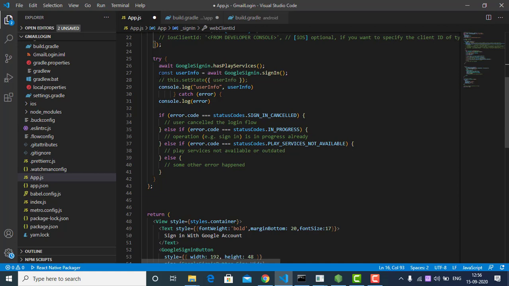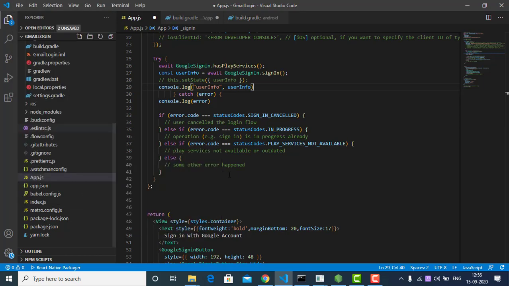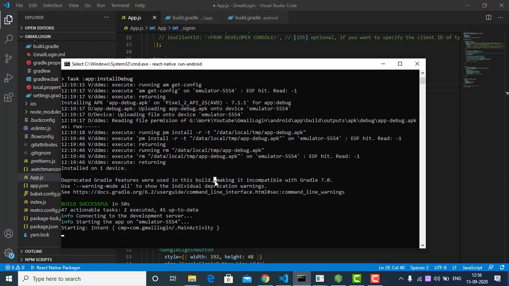If it's successful, we're gonna see it in the console. If error, if you go to the catch, we're gonna see the error. So let's save and we have to run our project.